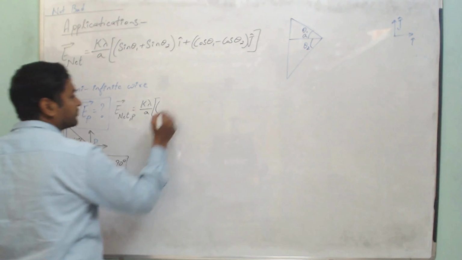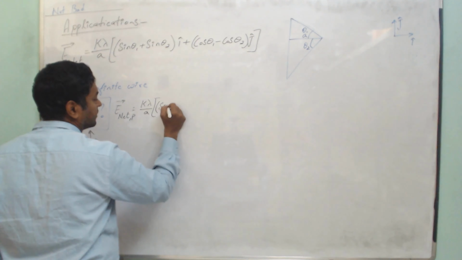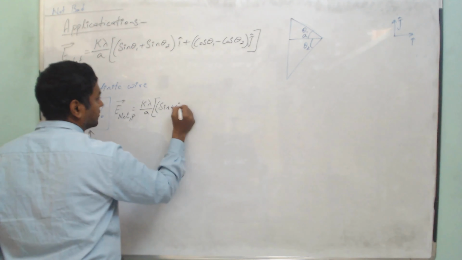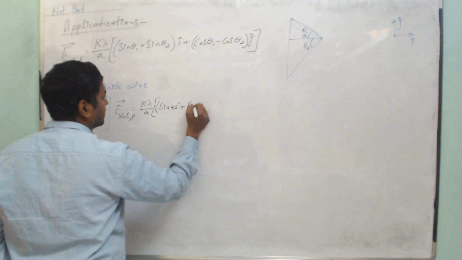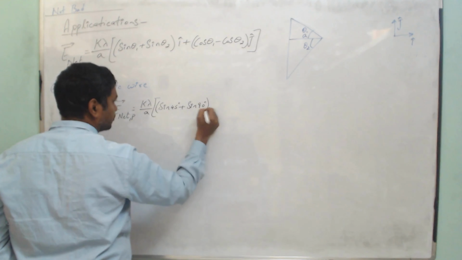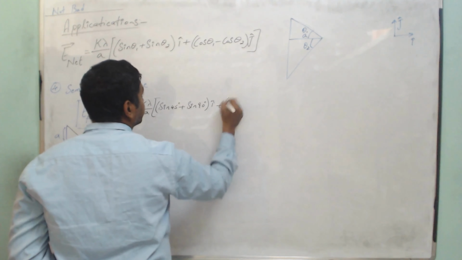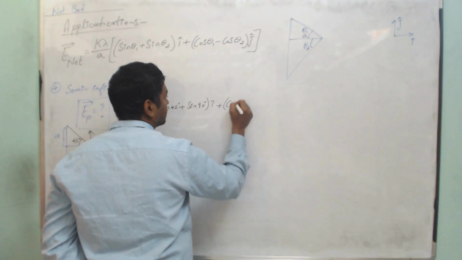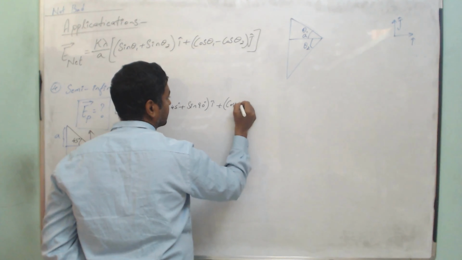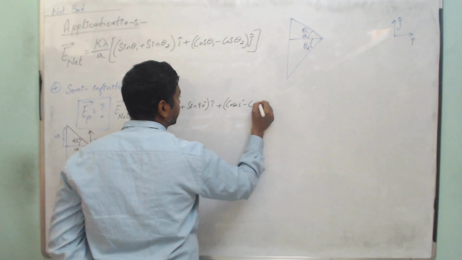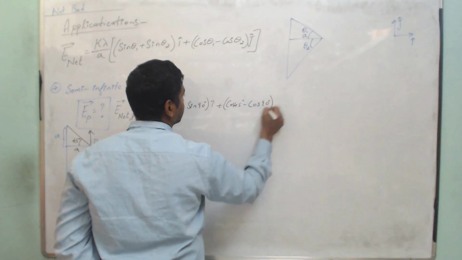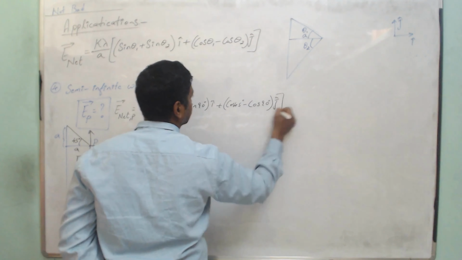So sine of 45 degree is 1 by root 2. The entire thing is (1 by root 2 plus 1) I cap, plus here we will have cos 45 degree minus cos 90